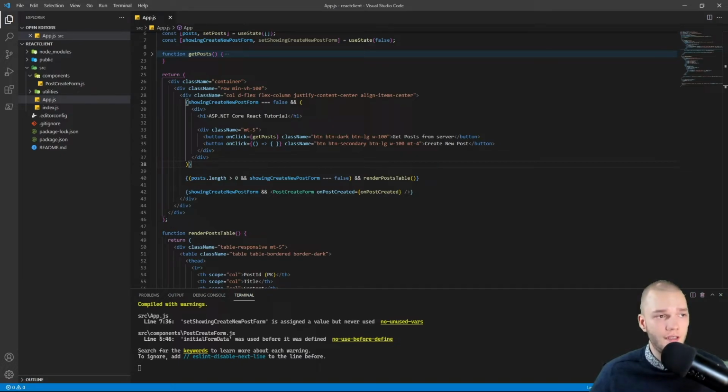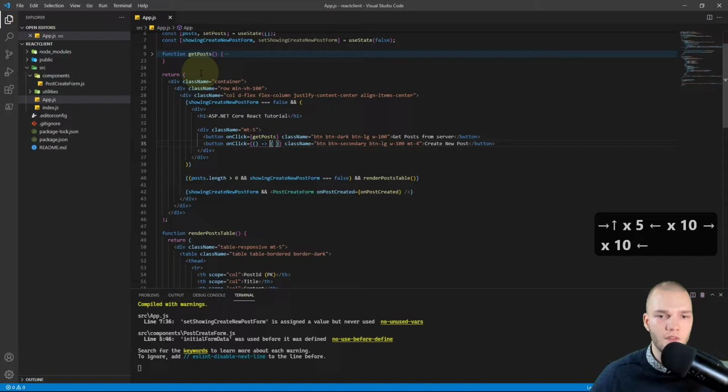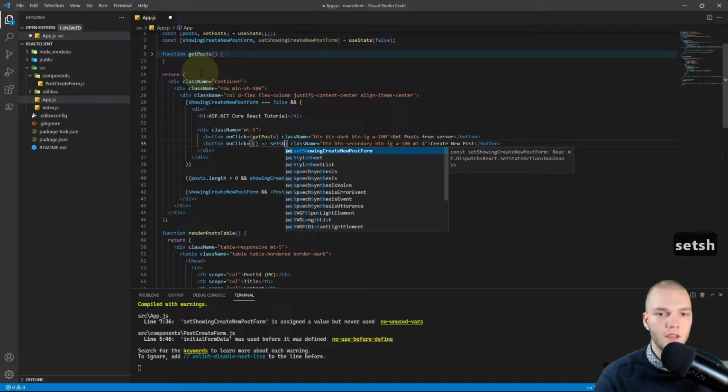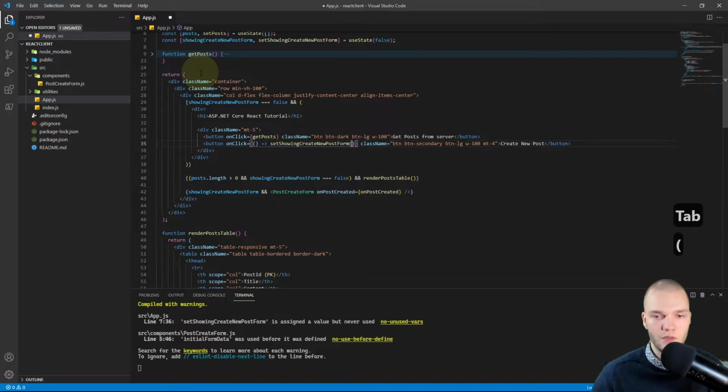One of the last things to do is to display the form when the create new post button is clicked. When the button is clicked, we'll simply set the showingCreateNewPostForm boolean to true. So on click, the anonymous function can stay, but let's do something. So we'll do setShowingCreateNewPostForm and pass in true.